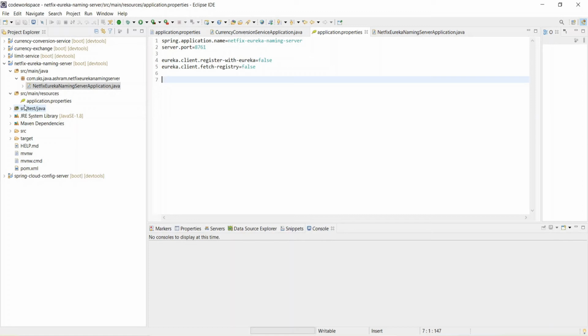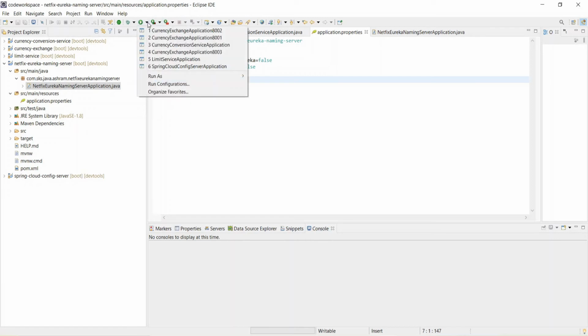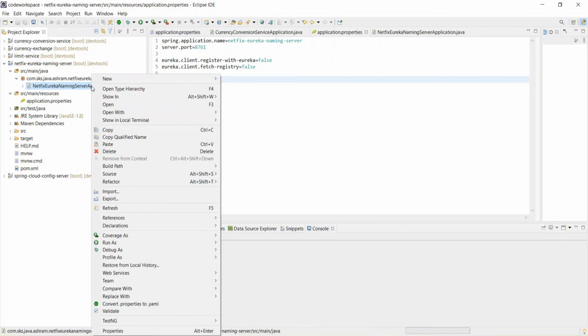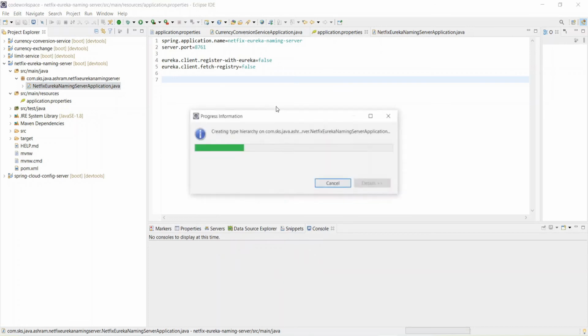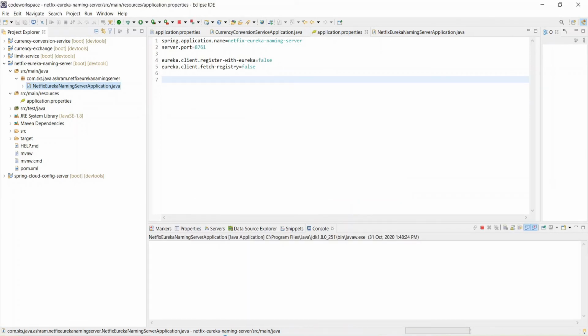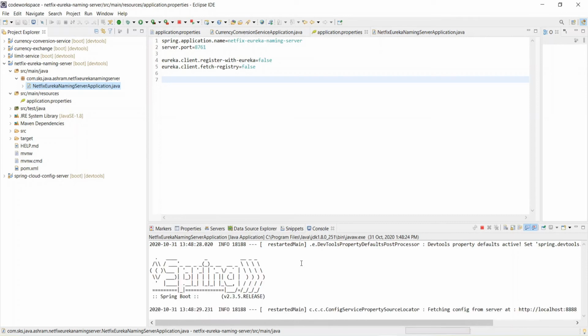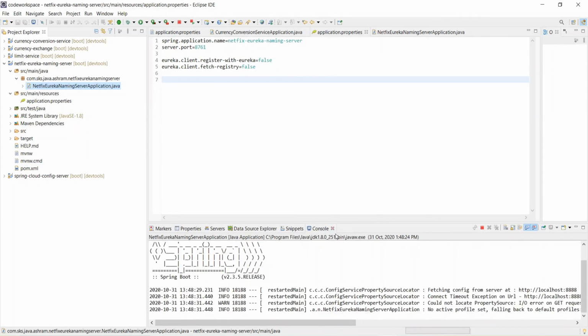So let's restart this. Right click on this, run as Java application. Let it restart.